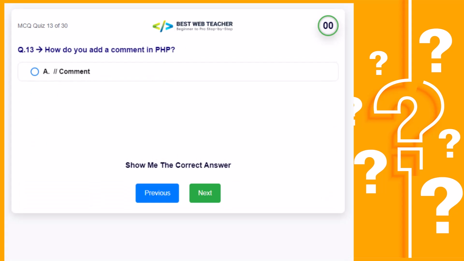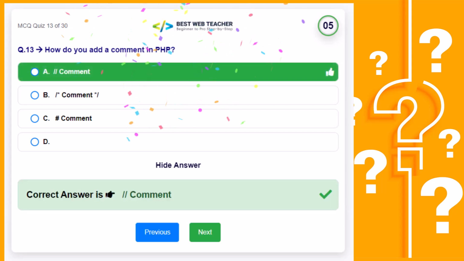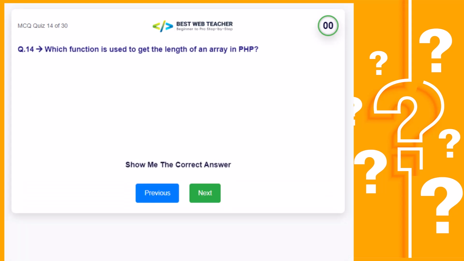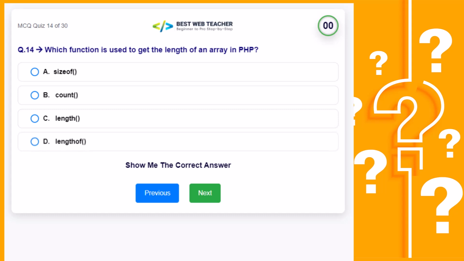How do you add a comment in PHP? Correct answer is Which function is used to get the length of an array in PHP? Correct answer is